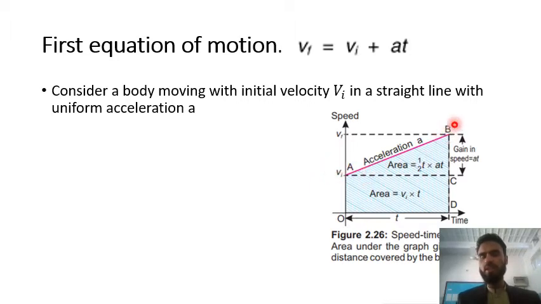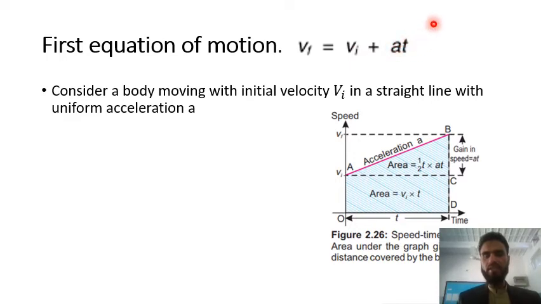And after some time, the velocity of the body changes, so it will not be the same as the initial velocity. It will change to the final velocity, which will be Vf, not Vi, after time t. Now, in order to derive this equation, over here we have Vf, Vi,